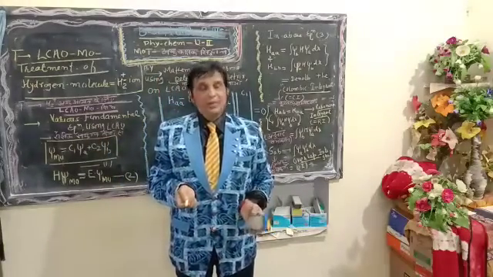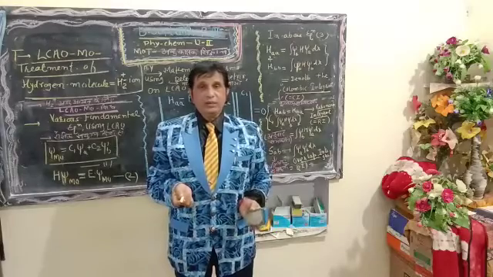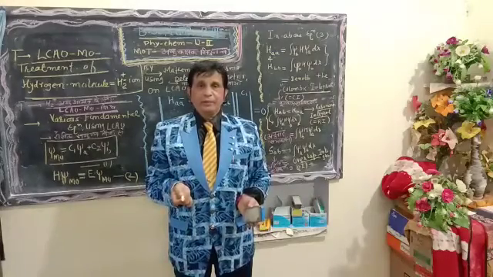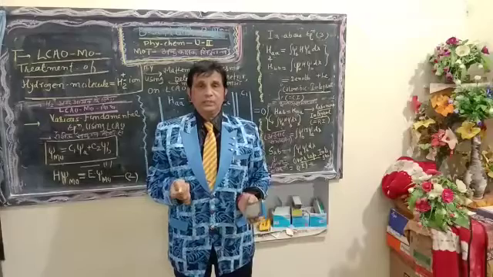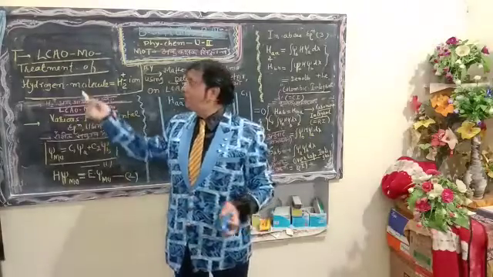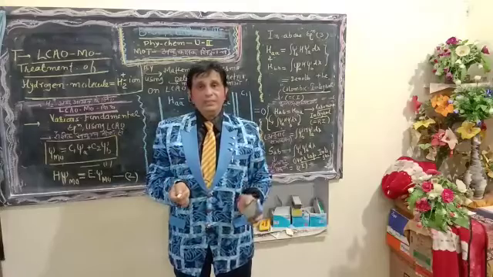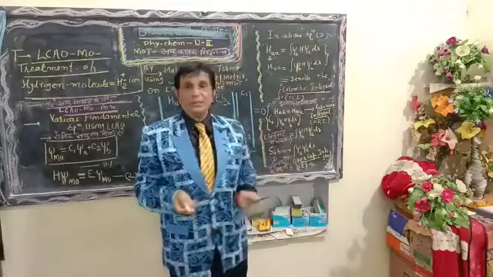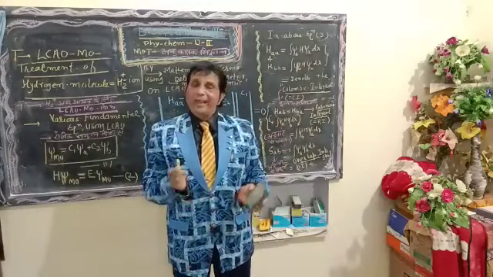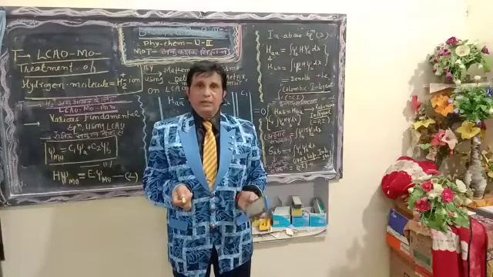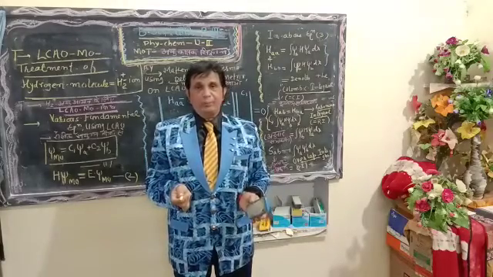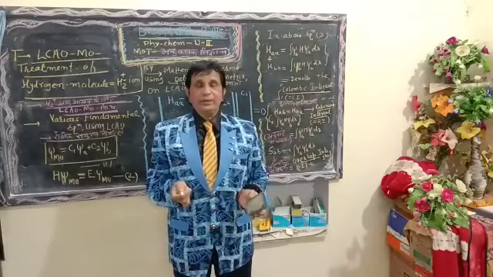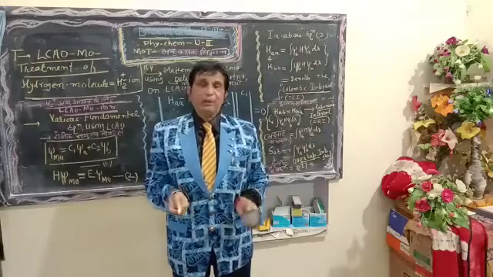In the previous lecture we have delivered this in the classroom. First of all, I repeat the essential conceptual rules on which the LCAO method is based. The LCAO method, just like Valence Bond theory, gives us information about bond formation. On the basis of LCAO and the wave function, molecular orbital theory and bond formation can be explained very easily.